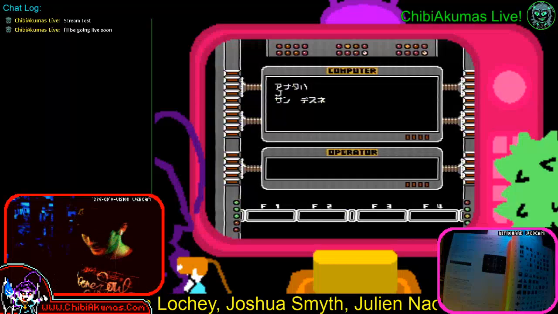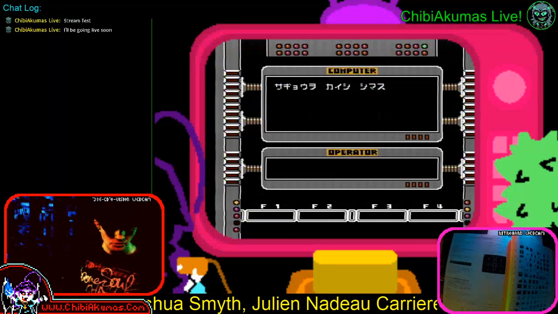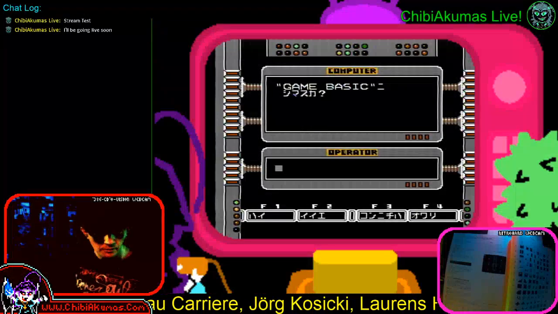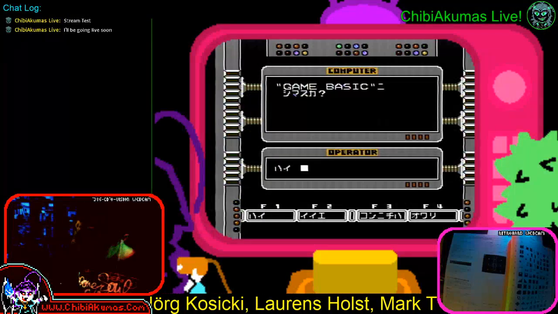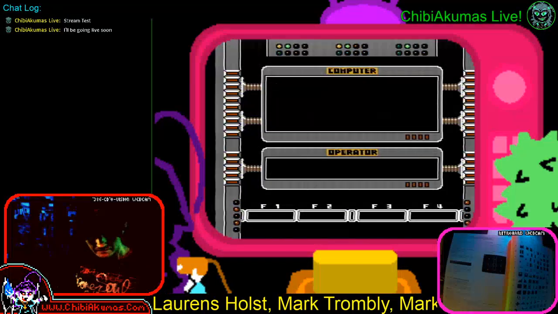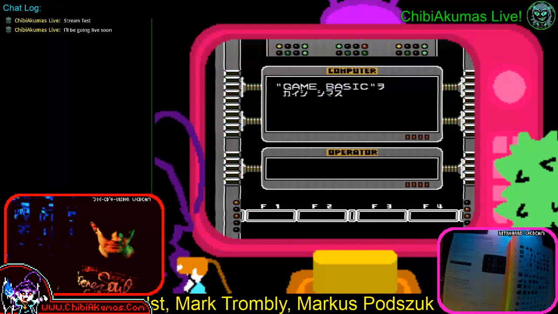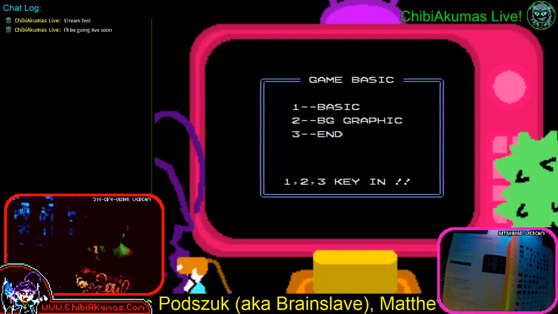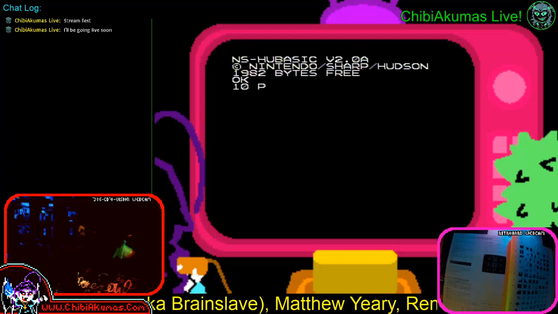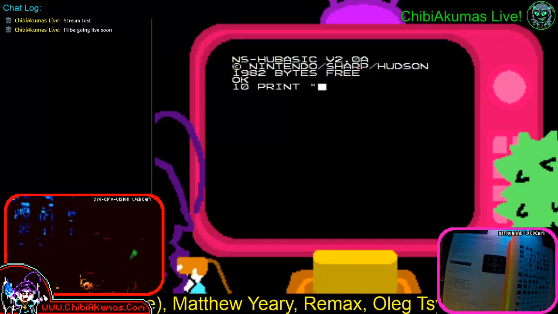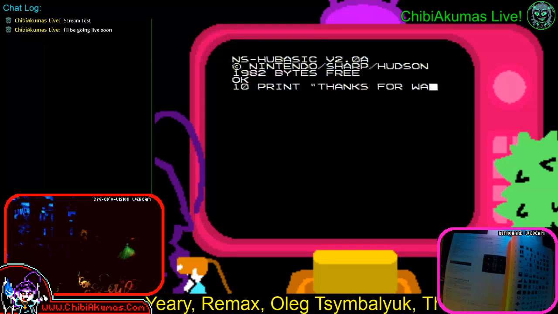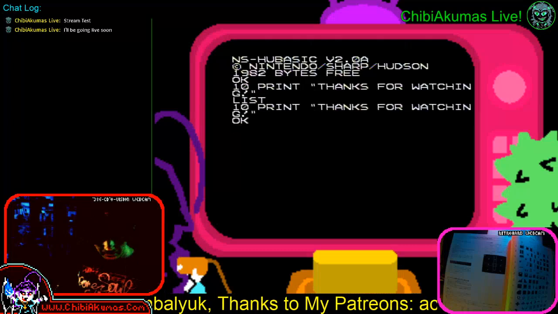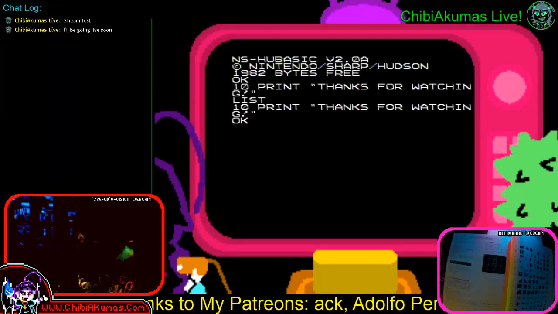So what I'm going to do now is I'm going to test the backup battery memory. I've tried it before, it did work. So the switch is currently set to off. And so what I can do now is say, yes, I want to use Game Basic. And if I go to Basic here and do 10 print quote thanks for watching exclamation mark, and that's now in memory. And then if I go to system